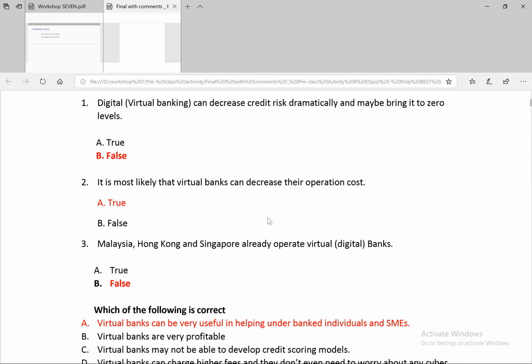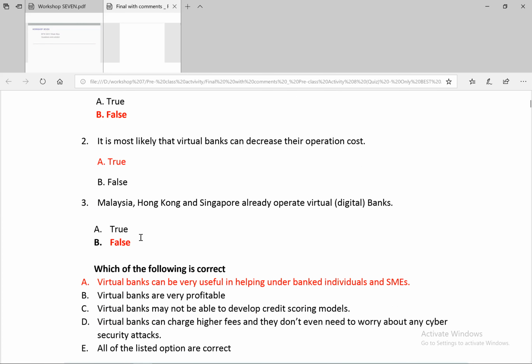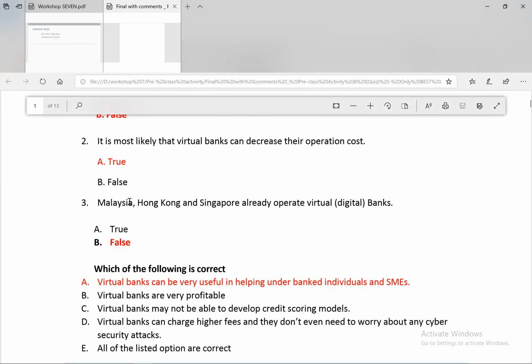I understand that Hong Kong started giving the license. So Hong Kong and Singapore are working and operating. It's only Malaysia is not operating. They don't have this digital banking yet, completely 100%. And this is why this question, they are negotiating, they are working in it. So it's actually false because I include Malaysia